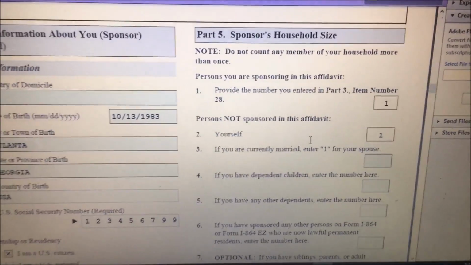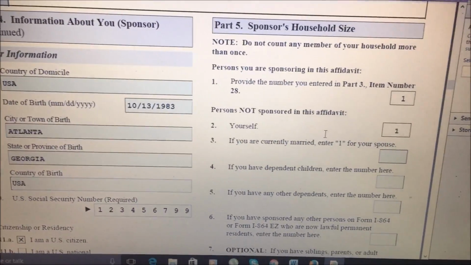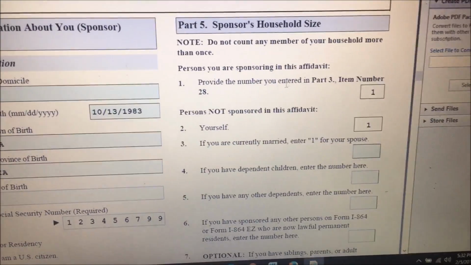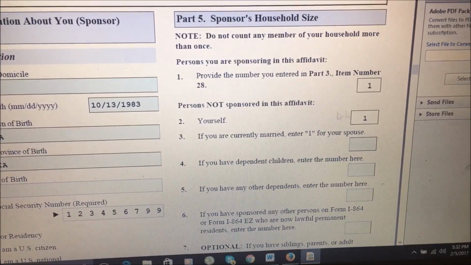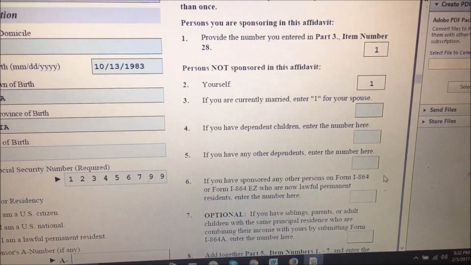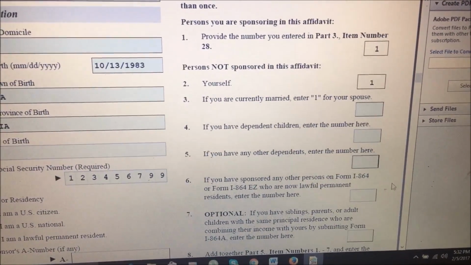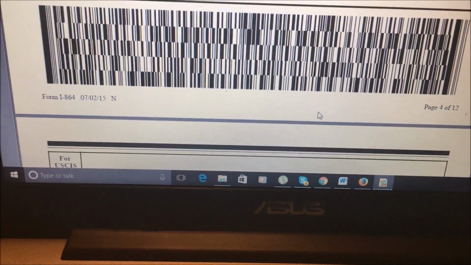But if you will just handwrite, you will answer it handwritten. Just write number 1, then yourself, the sponsor, number 1. Then if you have kids or other dependents, just write in here. Then total it. Okay? So next,